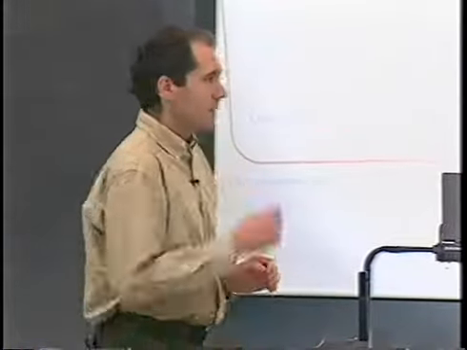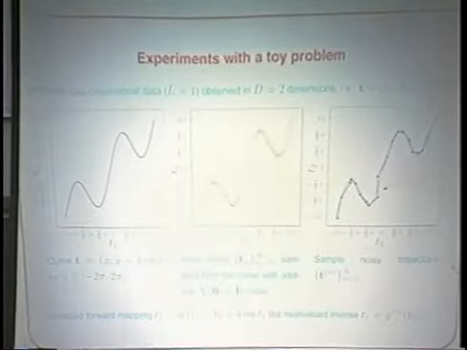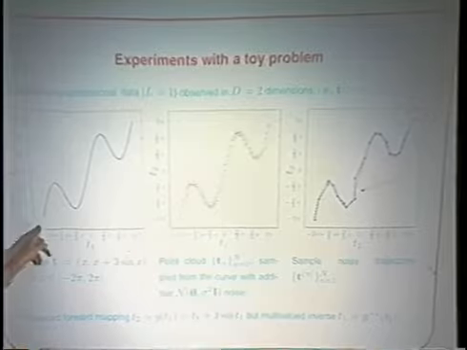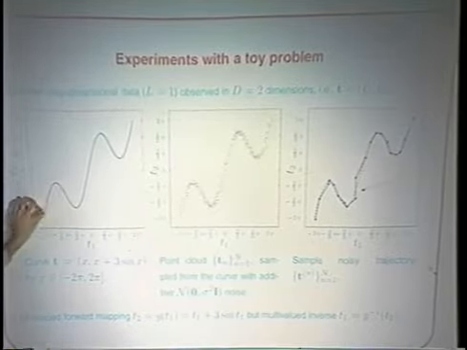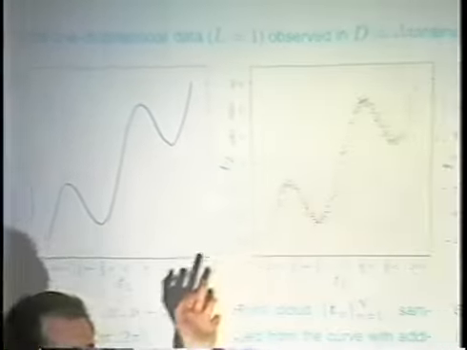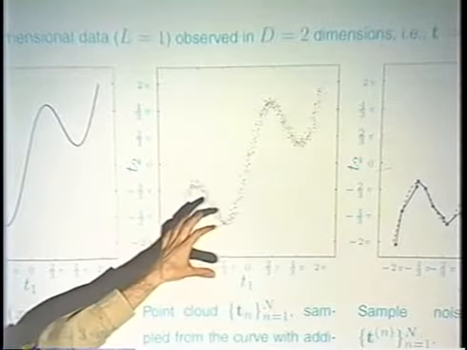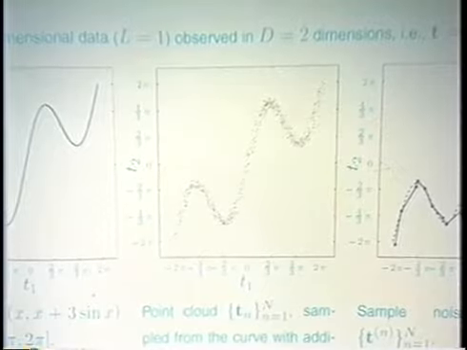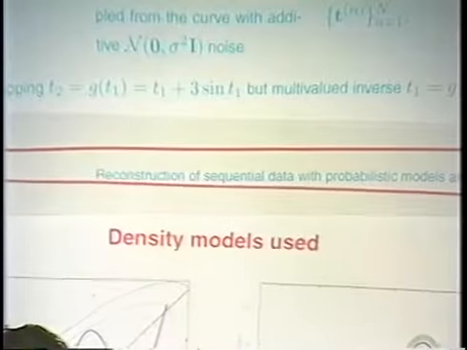I will just illustrate it with a toy example. Imagine that my data now that I observe just have two variables, T1 and T2. But they are low dimensional, so they fall in this curve with some noise, but they fall around here. A sample of that data could be that thing there. This is what I use to train my model. And when I train my model using some density model, I can get something like this.